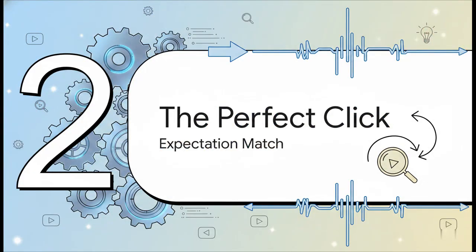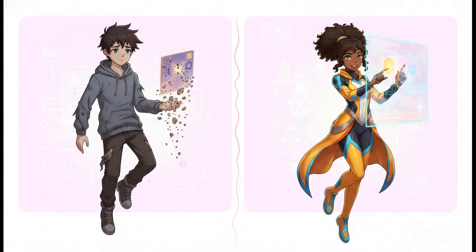Moving right along to Module 2, Engineering the Perfect Click. Let's master the expectation match. Here's the deal. Before watch time even begins, you absolutely have to engineer a curiosity gap and secure the click using your movie poster. That's your thumbnail and title. But here's where so many creators go entirely wrong. You cannot trick the system. Sure, clickbait might get you a high initial click-through rate, but because it breaks the viewer's expectation, they're going to bounce immediately. That destroys your retention graph, which is quite literally the audience heartbeat of your channel.